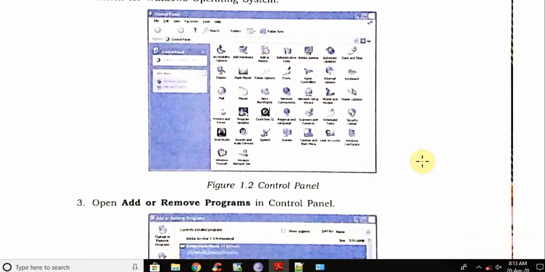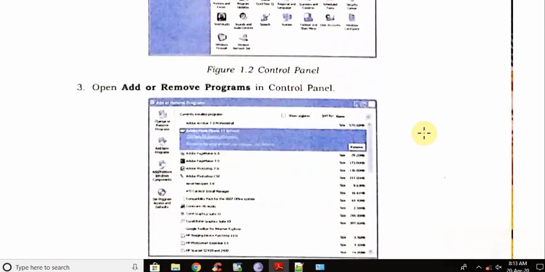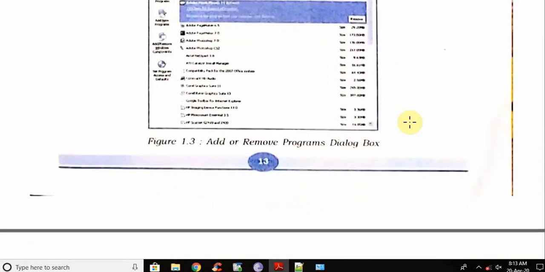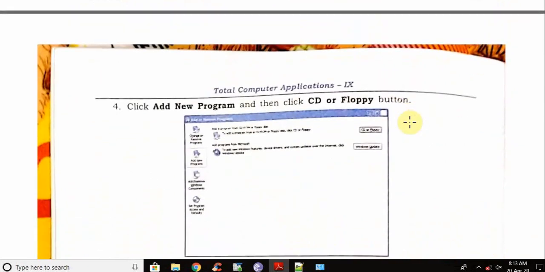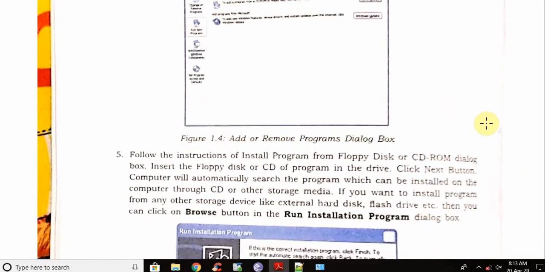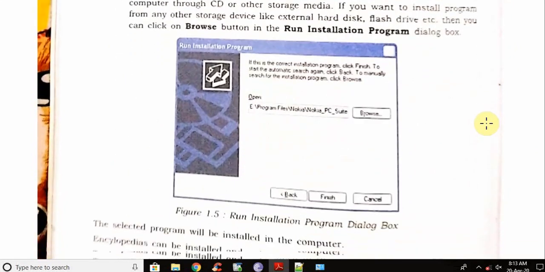Students, please check this figure. I have just shown you this figure. I have also shown you this figure, add or remove. You can click on remove. We have seen with an example. Now add a program is similar to that. You have to place the CD or you have to run the setup.